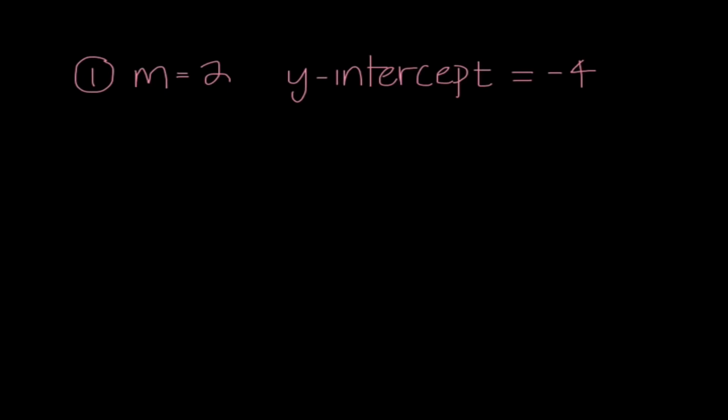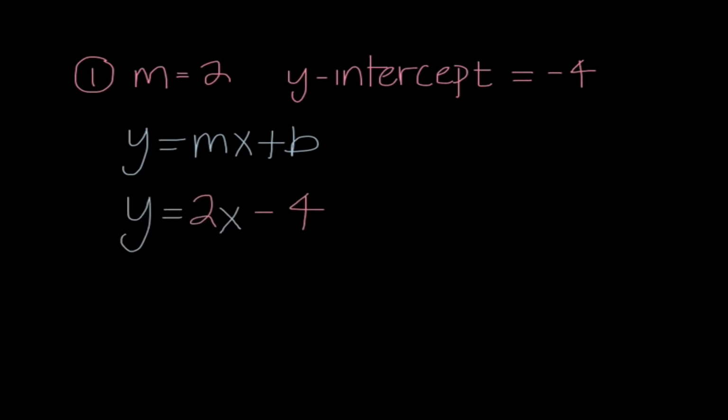So we're going to start with a very basic problem here. It says write the equation of the line would be the directions. Obviously, I didn't write that out. But it says m equals 2 and the y-intercept is -4. This is a problem that I would use slope-intercept for because it's talking about the slope and the y-intercept. So all I'm going to have to do is replace m and b with those values that are given to us. So when I replace m and b, I get y equals 2x minus 4,